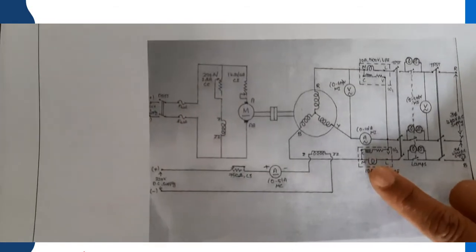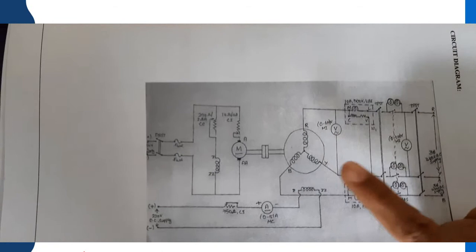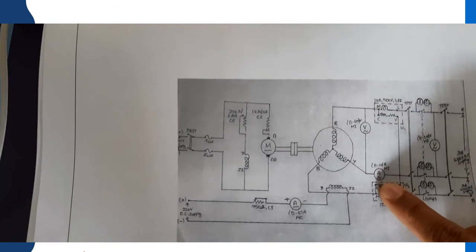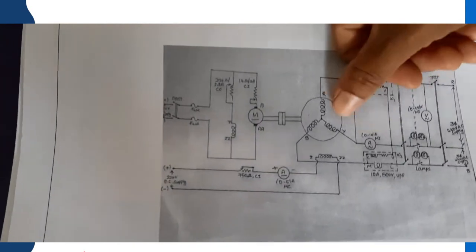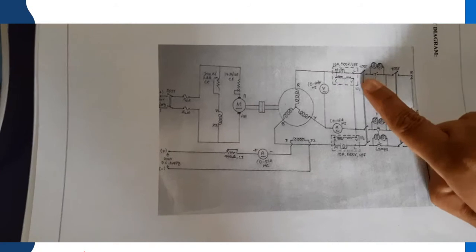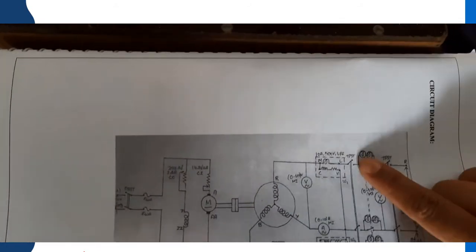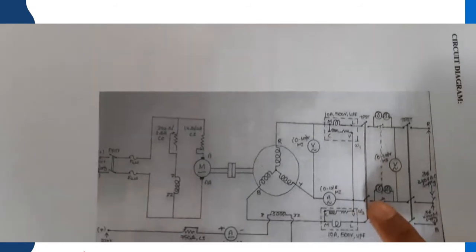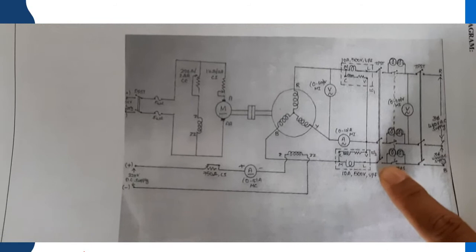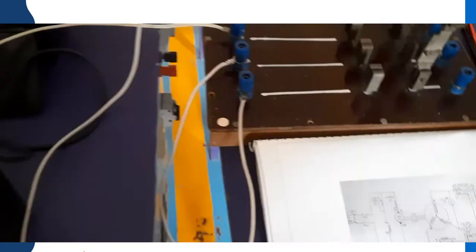So we need to measure power. We need 2 wattmeters and we have to measure one of the line currents. So an ammeter is required, and the ammeter is AC. That AC ammeter is connected to Y of the armature. Next, the L point of the wattmeter is connected to the TPST switch, and from the ammeter to the TPST switch, and from the L point of wattmeter 2 to the TPST switch, and later we will connect the load. Let's see the connection in the board.